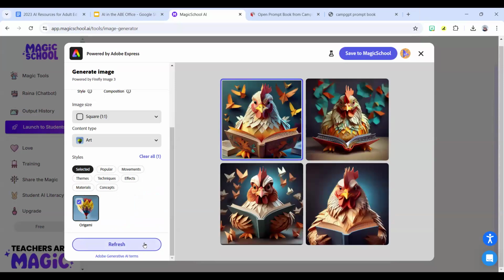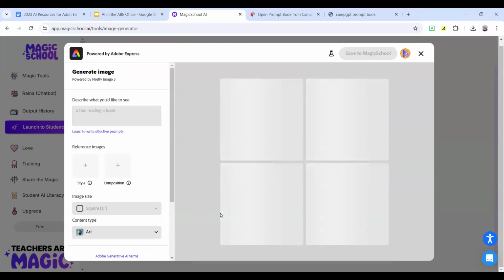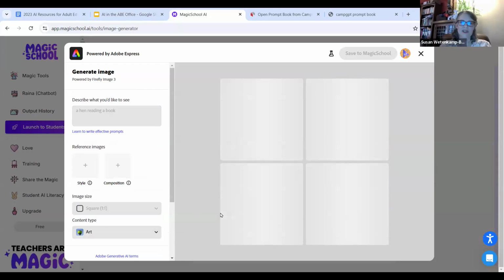Chickens reading books that look like origami. It looks like more of a rooster. Kind of more of a rooster. So then you might say a hen. Oh, good point. And we could try generate. So sometimes you need to tweak your prompts a little bit to get exact. Yeah, I mean, I don't want to be judgy about it, but